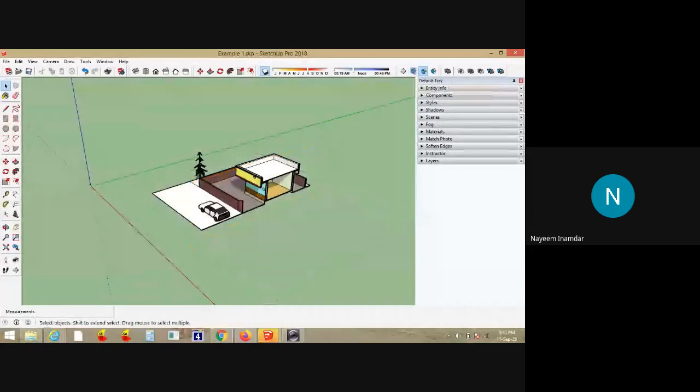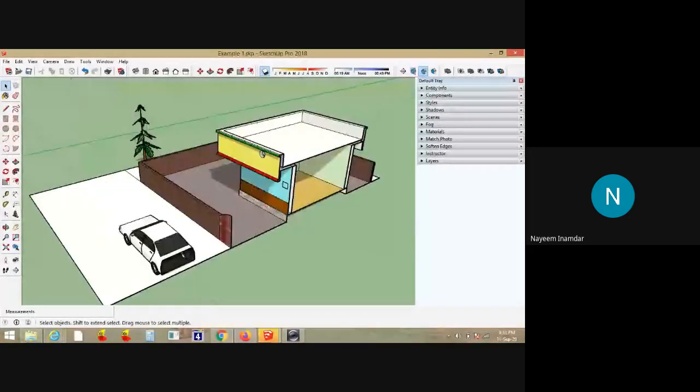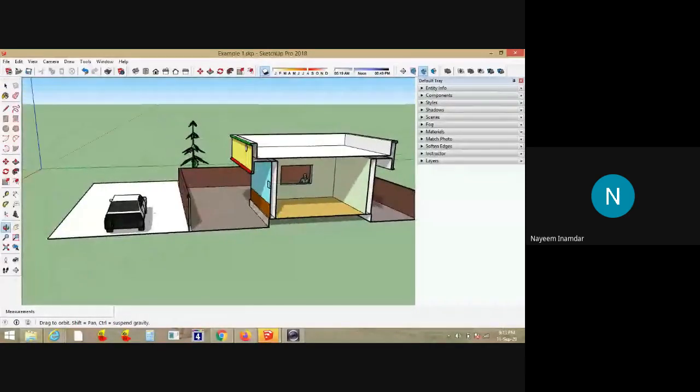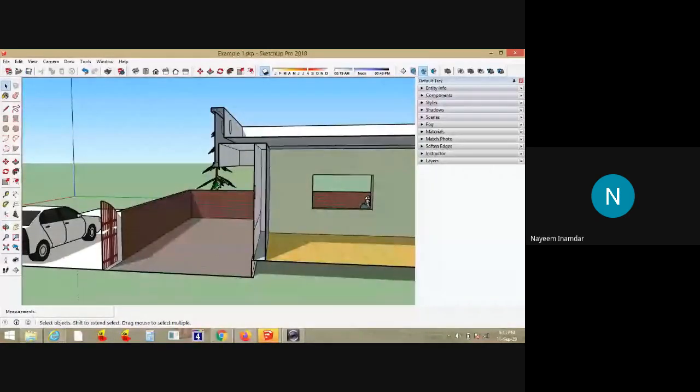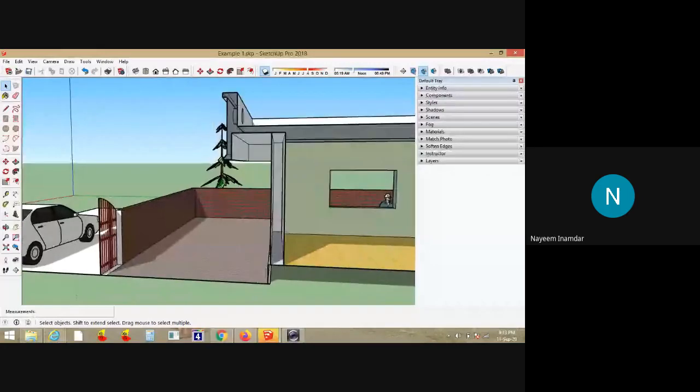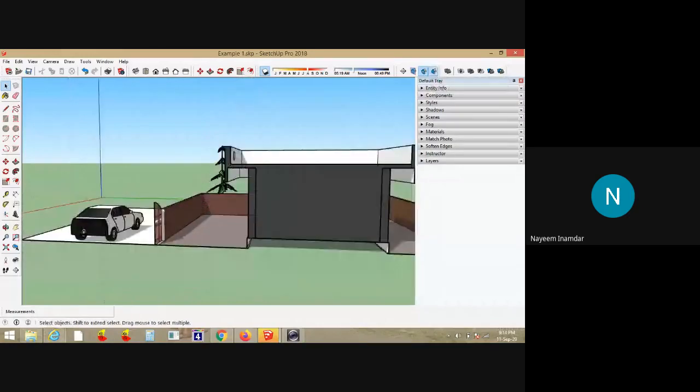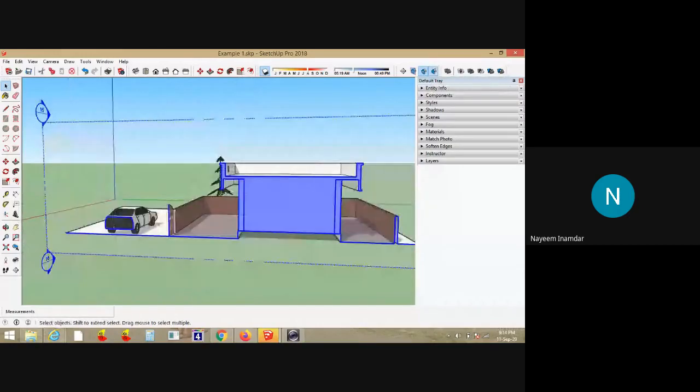Just click it, they'll disappear. Only the cut is appearing here. Suppose you want the fill section of this particular wall and compound wall, just click display section fill. Now this entire section will be filled.